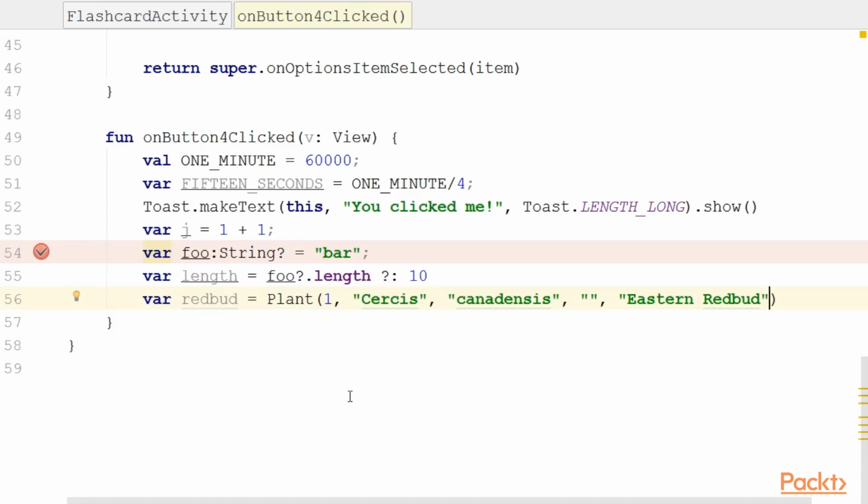So at this point, we have stored a constant, an integer, a string, and even a more complex object, which is made of more simple types aggregated together. And if I want, I can give the redbud a height of maybe 15 feet, or let's be more international friendly and call it 5 meters. So either way, I'm taking a complex object, storing it in a variable, a string in a variable, a number in a variable. Each time the variable type is simply var if it's something we're going to change later, or val if it's going to be a constant. So this has been a look at variables,